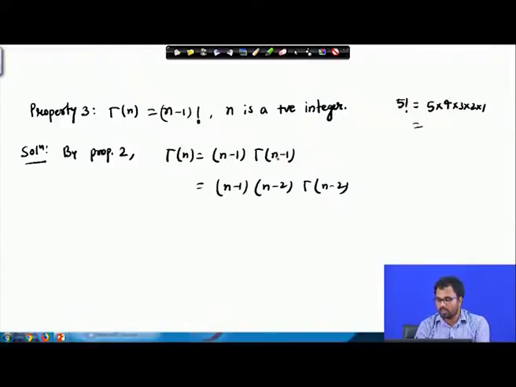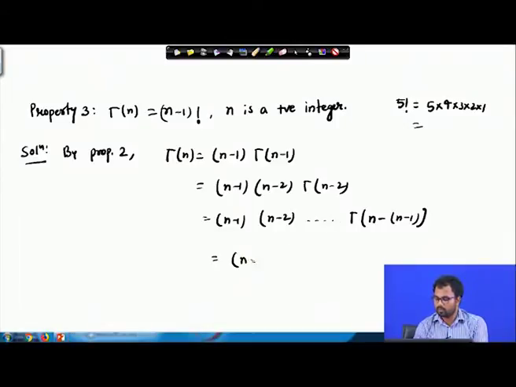I can write gamma n as n minus 1 times n minus 2 times gamma n minus 2. Similarly, I will proceed, and this one will become